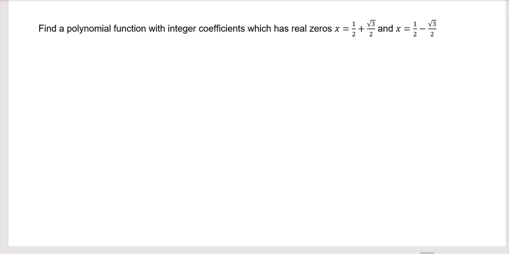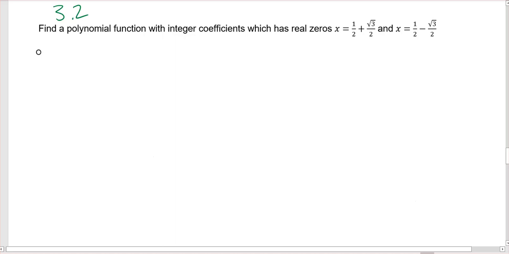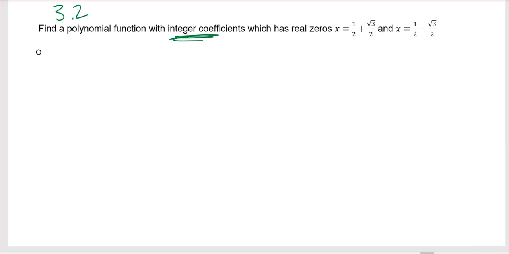All right, let's take a look here at an example from section 3.2, I think, the factor and remainder theorems. So the thing that we're going to use here, well, let's read the problem first. Find a polynomial function with integer coefficients. This is going to be a big deal. That has real zeros, this one and this one. So we've got two zeros, and we want to construct a polynomial that has those two zeros, that has integer